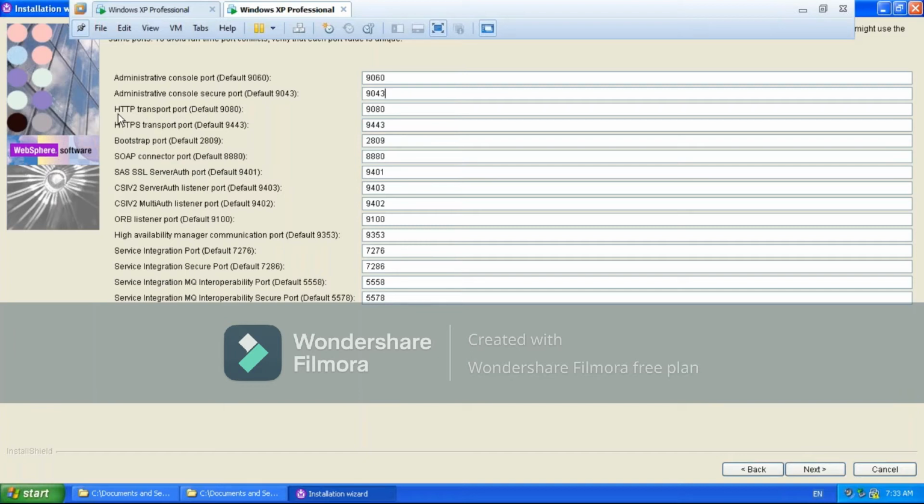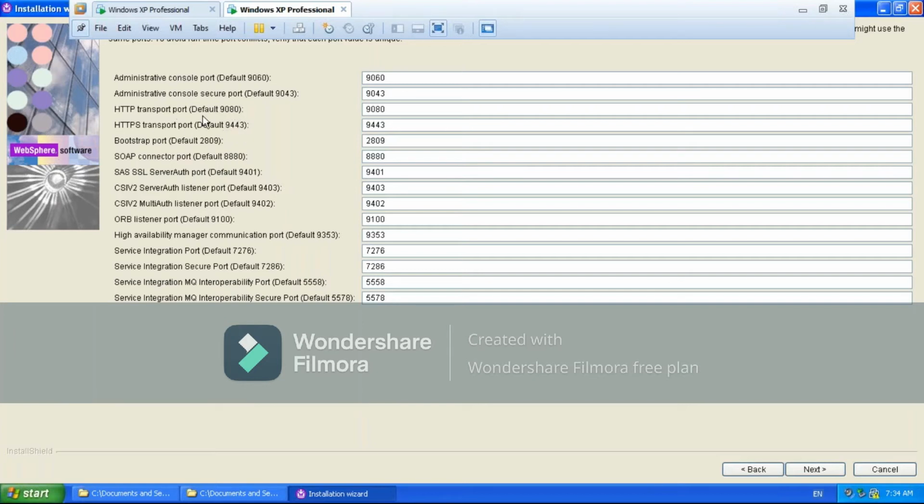That means once the request hits the application server, what will be there? Applications only, right? If you want to interact with the applications in your application server, this HTTP transport port is going to be used. The applications deployed into the application server use these HTTP transport port numbers. The default HTTP one is 9080. If it is HTTPS, it's going to be 9443.